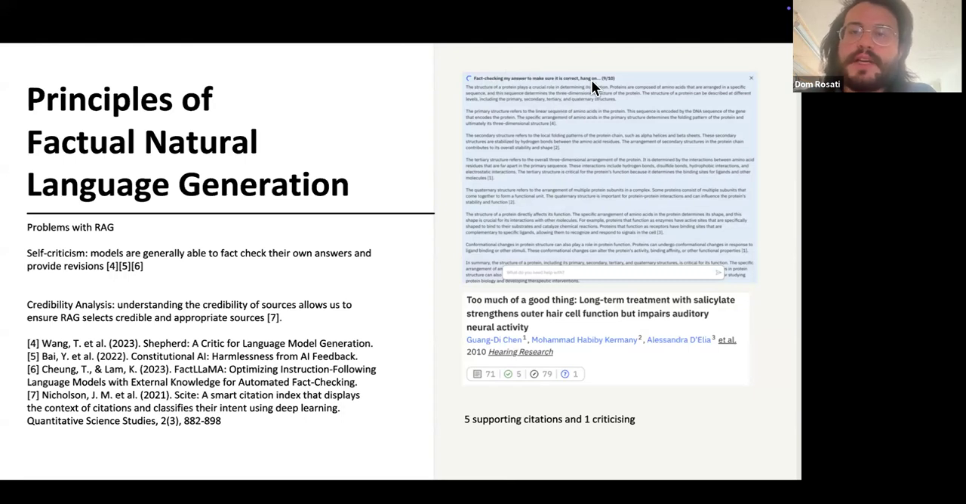Fact checking my answers to make sure it's correct. Hang on, this is a critical piece of how Scite Assistant works. Now, this isn't foolproof, of course, because it's a model-based evaluation system. And because we're built on this massive scale index, a giant knowledge graph or argument graph over science, that's what Scite is,